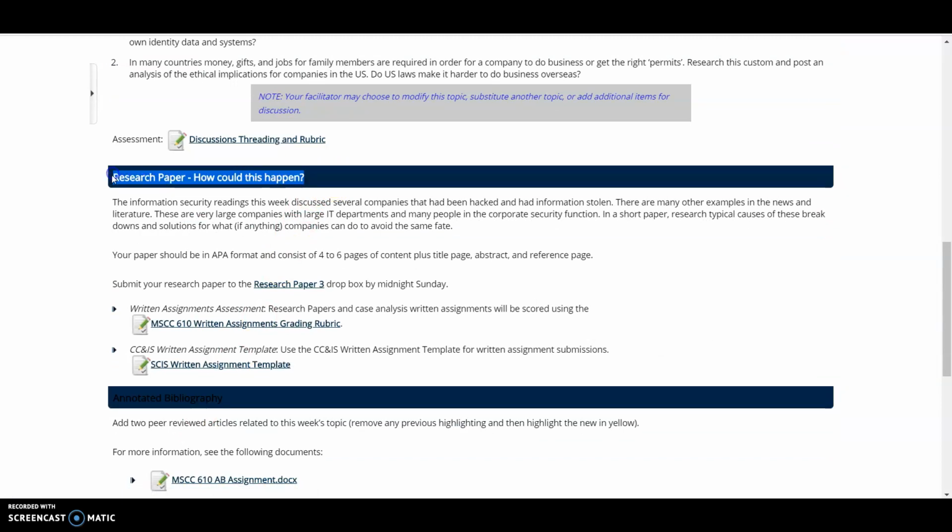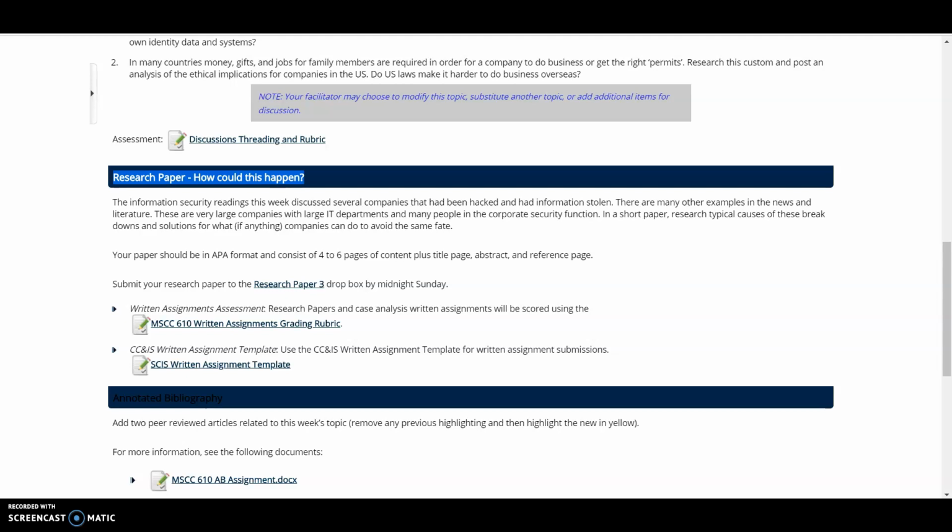Research paper. How could this happen? The information security reading this week discussed several companies that had been hacked and had information stolen. There are many other examples in the news and literature. These are very large companies with large IT departments and many people in the corporate security function. In a short paper, research typical causes of these breakdowns and solutions for what, if anything, companies can do to